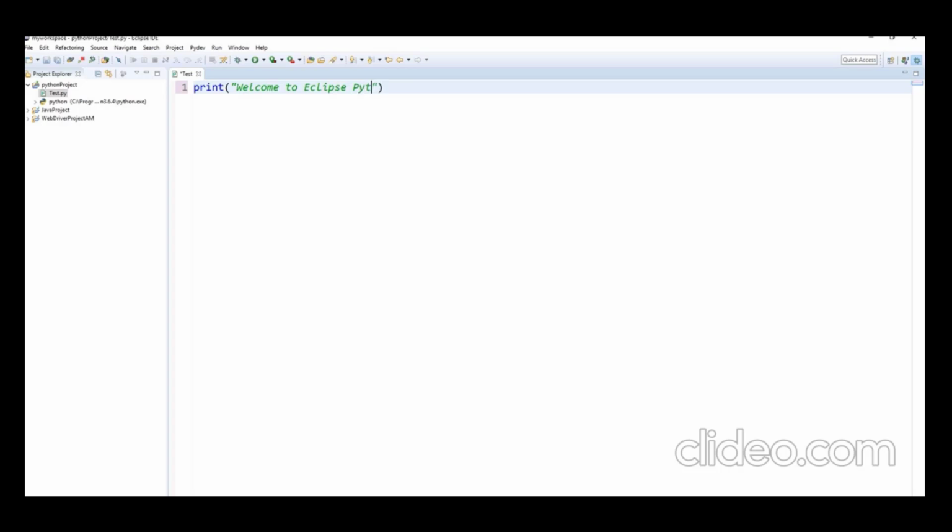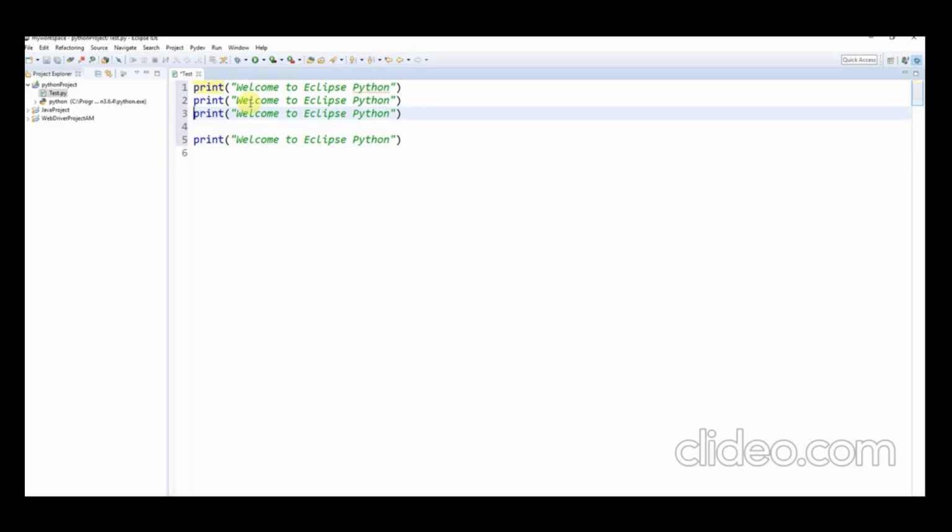Now we have written some code here, and now let's run this. So right click here, you can just run as Python Run. So this is the option we have to use. Click on Python Run. Now it will give you output in your console window.